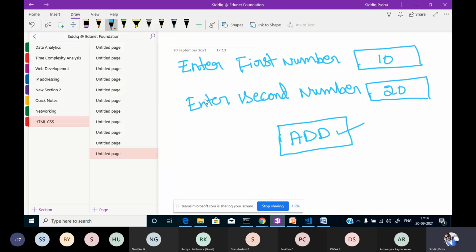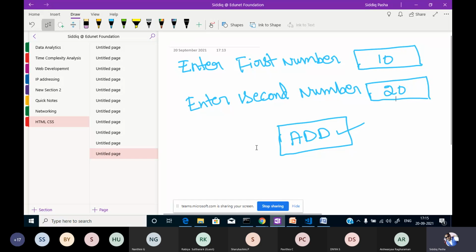How can we do that? What are the steps? How can we do this? Yes, please, anyone can unmute and speak. Programming is a feeling that can be felt only when you do the programming, right? So be active during the class hours. If you find any difficulties or any problem, please let me know. We will discuss those things as well. Okay, students, how can we do this?